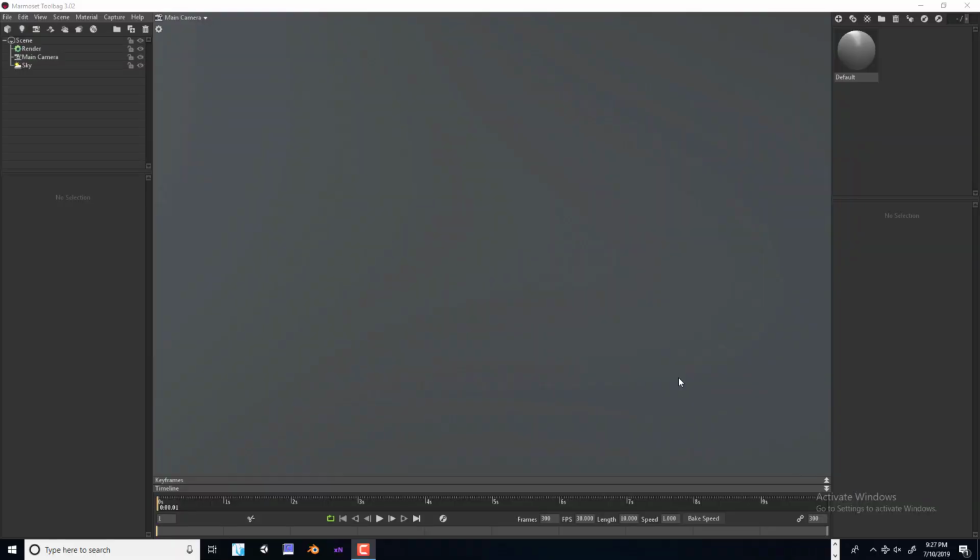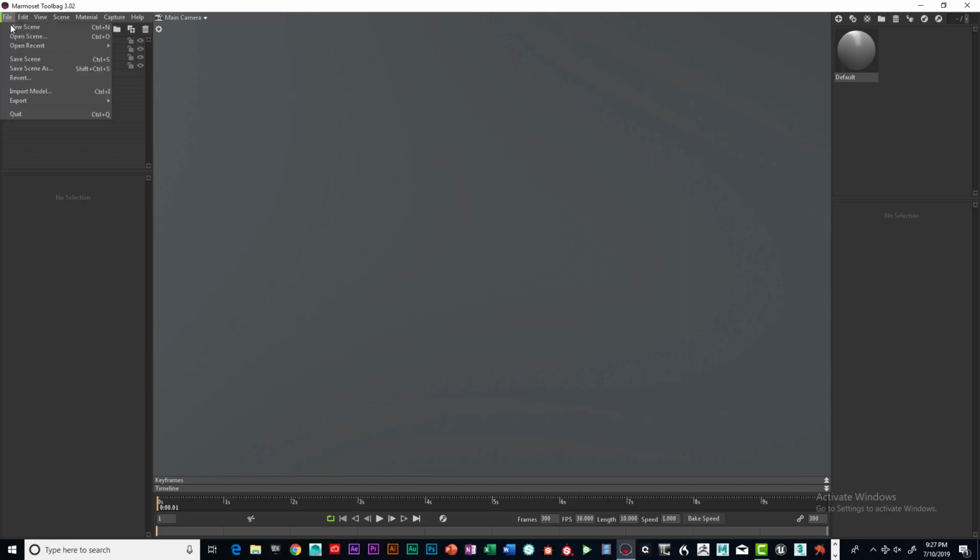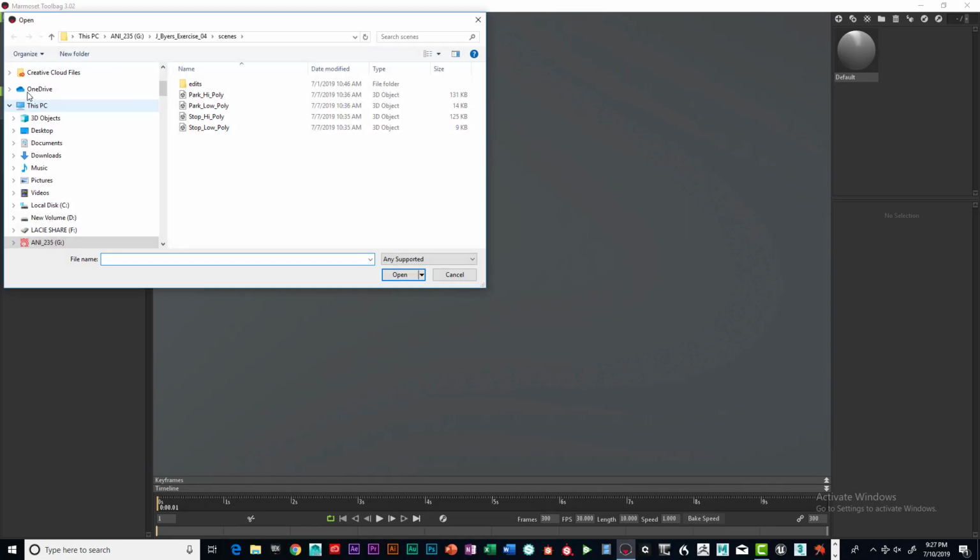Hello, I'm Jeff Byers, and I'll be taking you through how to import an object in Marmoset and light it and render it. So let's go ahead and get your file imported. Go to File, Import, Model. Click on your model that you'd like to import,